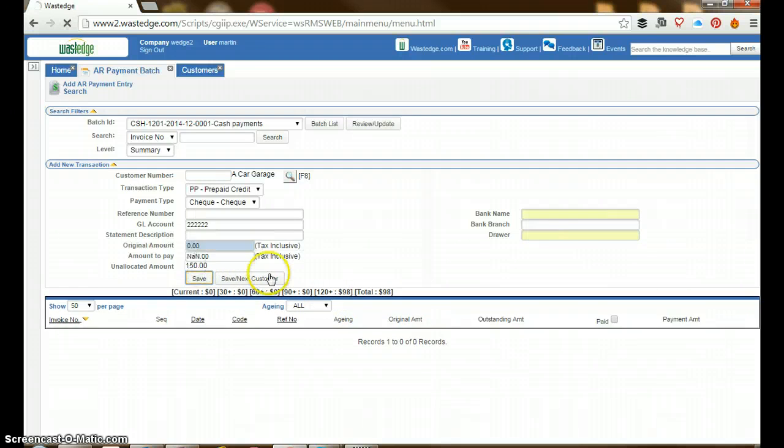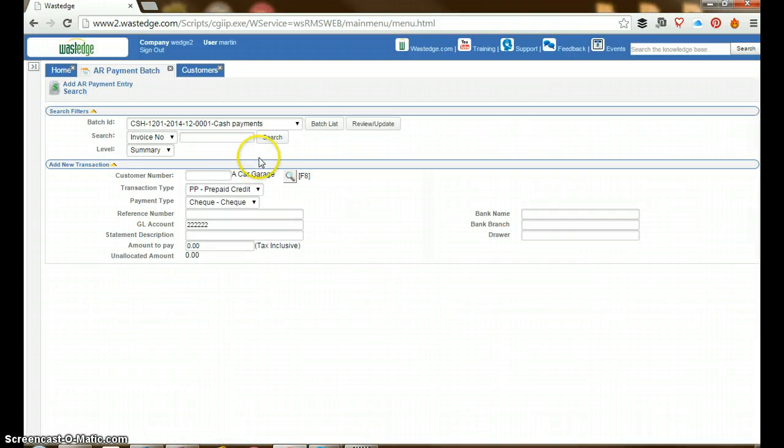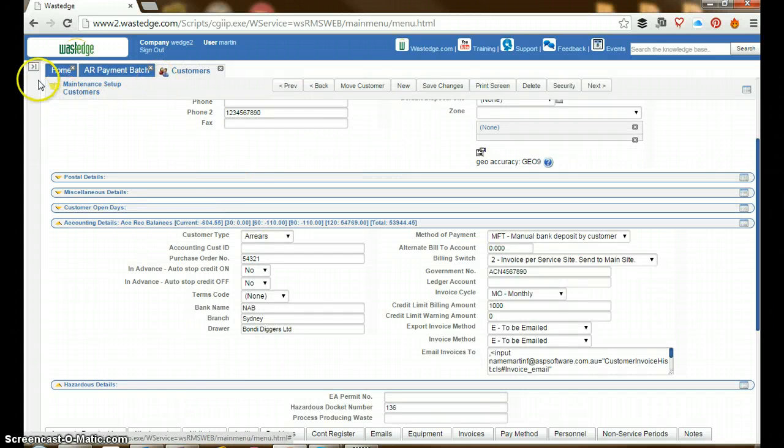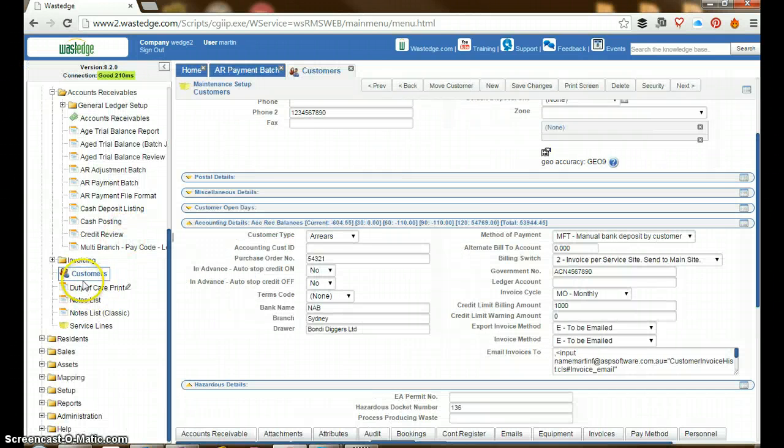So then you press save and it recognizes it as a prepayment. What it's also going to do is give you warnings if you're paying against customers who may be on credit hold at the moment. So customers who are on credit hold, if I go back to the customer record, are